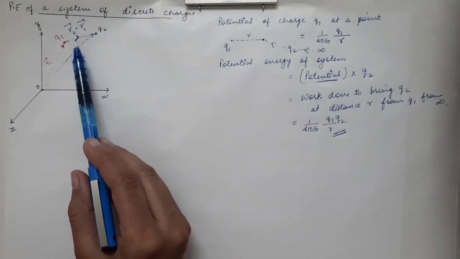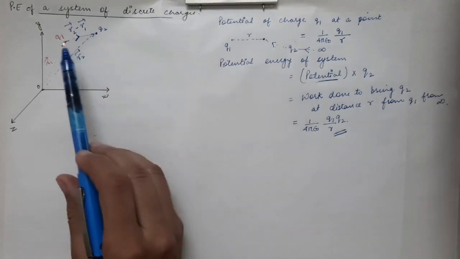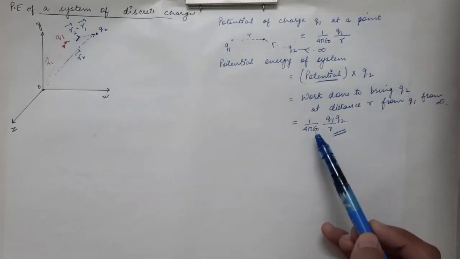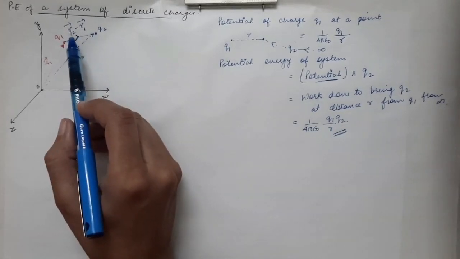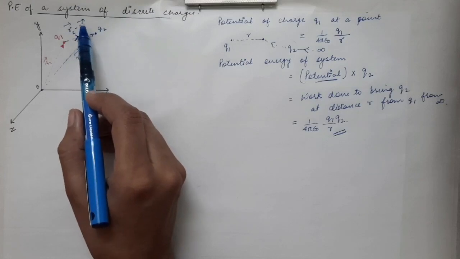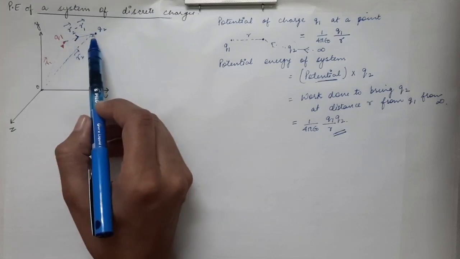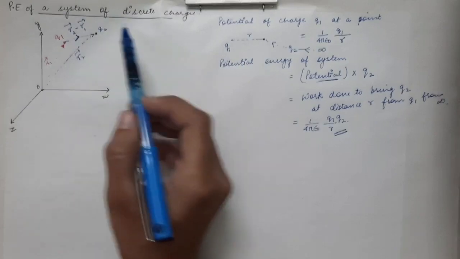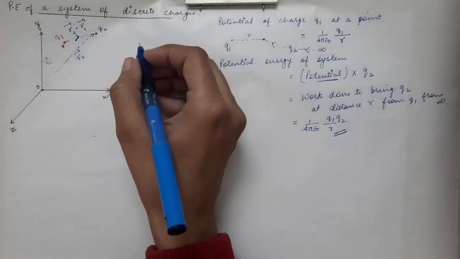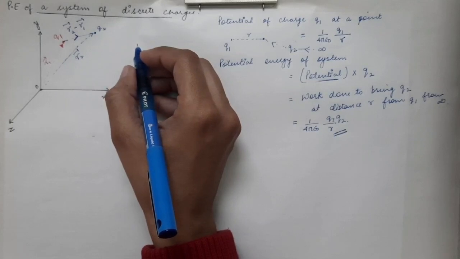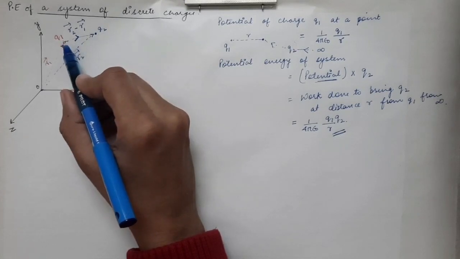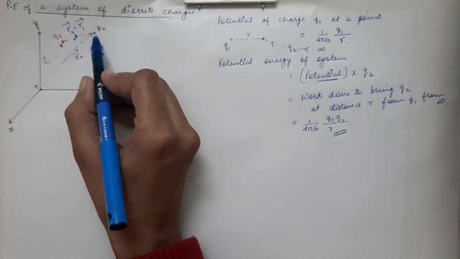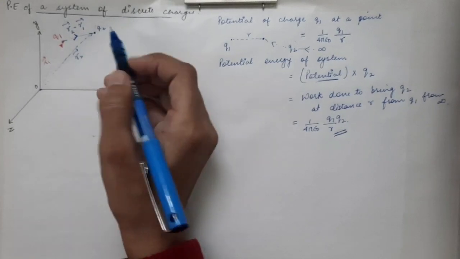So what will be the energy stored, or what is the potential energy of this system? The formula will remain the same. The potential energy of two charges which are separated by a distance of r2 vector minus r1 vector. So this is the separation between these two charges. So what will be the work done? That will be given by the same formula. So work done, when you are bringing q2 charge close to the q1 charge and placing q2 charge at this point, bringing q2 charge from infinity to this point. What will be the work done?